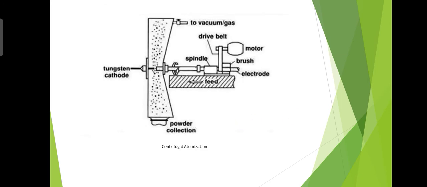gas atomization and centrifugal atomization. Another important technique to produce powder is chemical methods and mechanical comminution methods such as milling, lathe turning, and chipping, which comprise the second powder manufacturing group. Such methods are used to produce hard and brittle powders that would be used in alloying, blending, and work hardening, or as oxide powders.